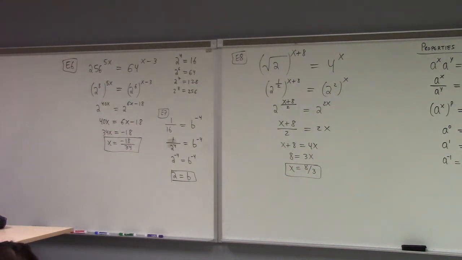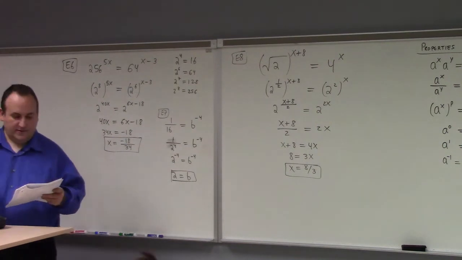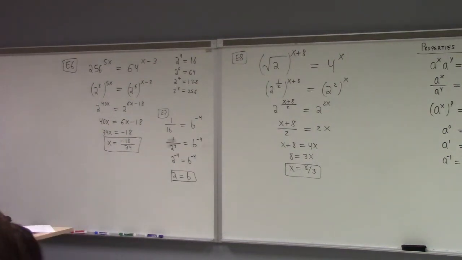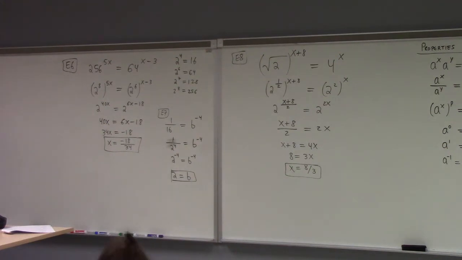All right? So if you want to solve this, one way you can solve this is just to take the natural log of both sides. Well, I guess natural log is kind of too lazy. I could take the log base 4 of both sides, okay? So if I take log base 4,